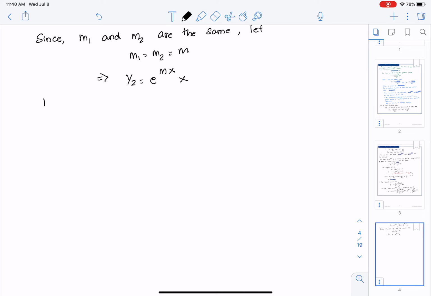So the two solutions to the linear homogeneous DE with constant coefficients